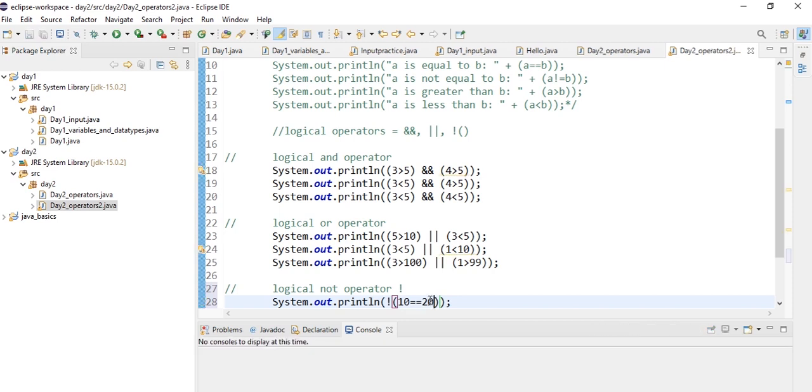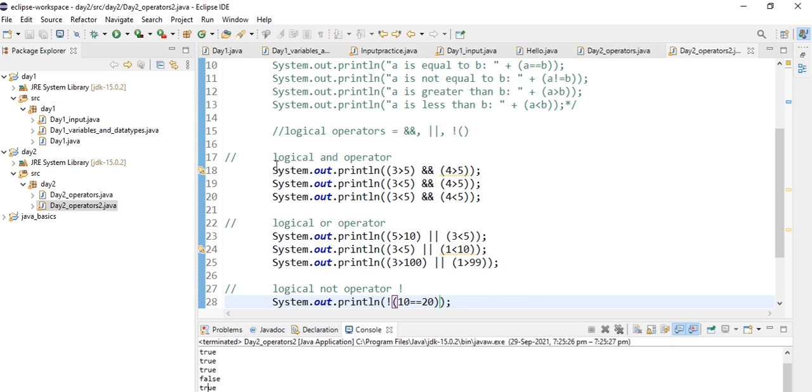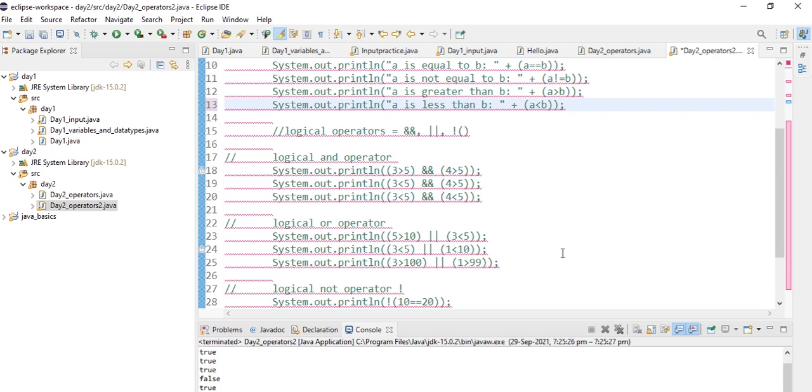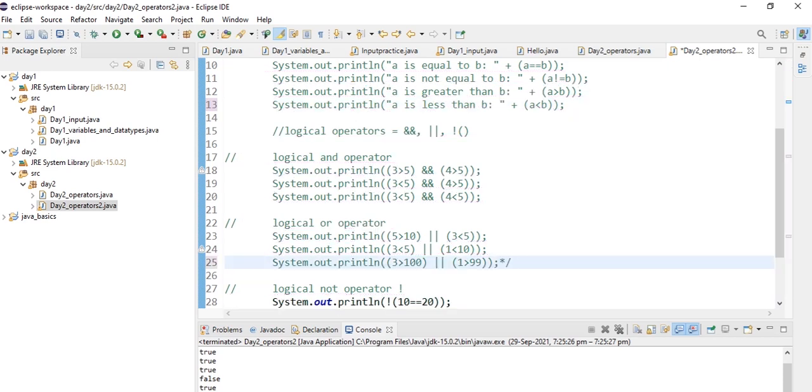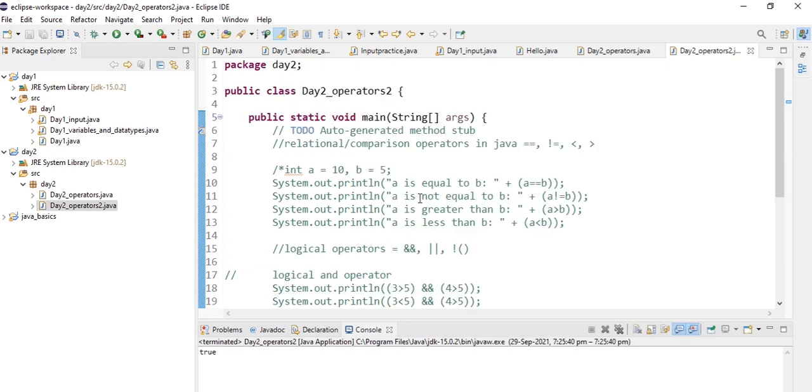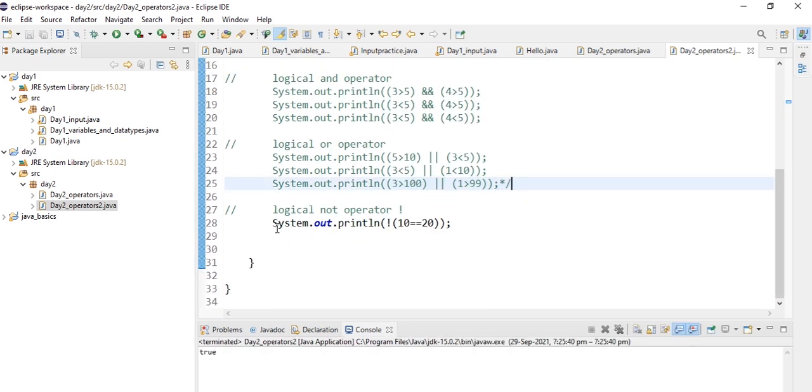So here true will be printed. That is the last one. Let's put all these also in comments. Now let's execute that. The whole program is in comments except this print statement. So here we are getting true.